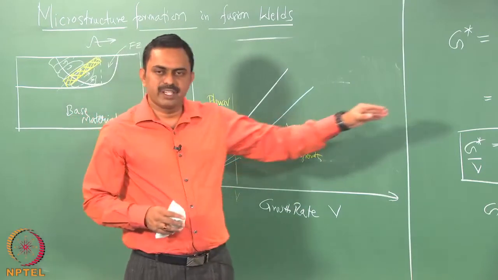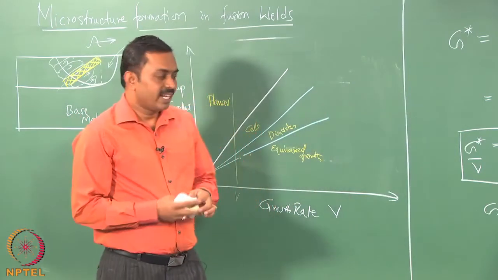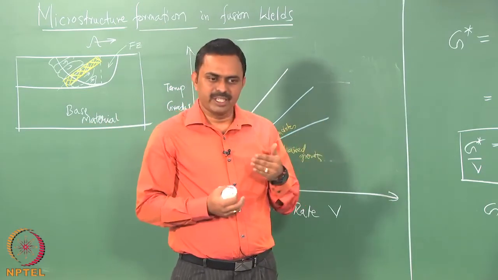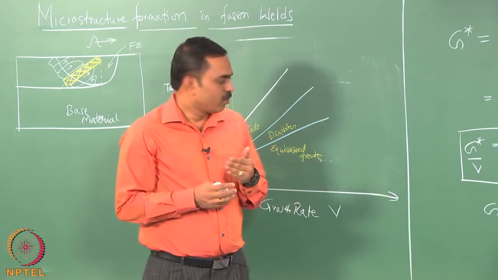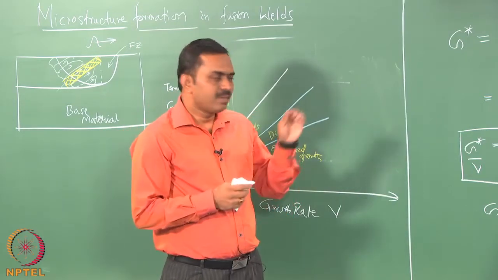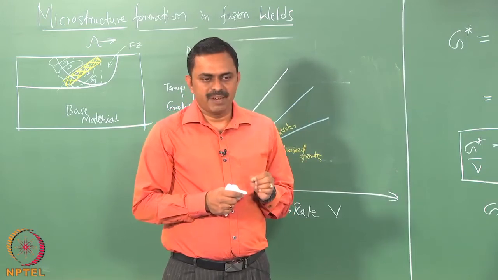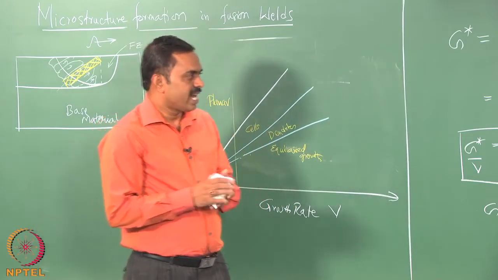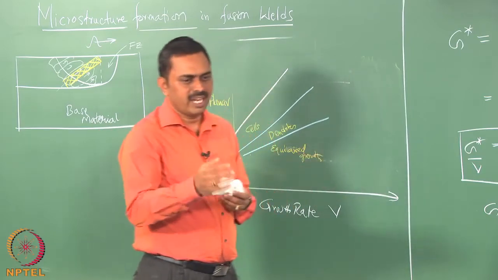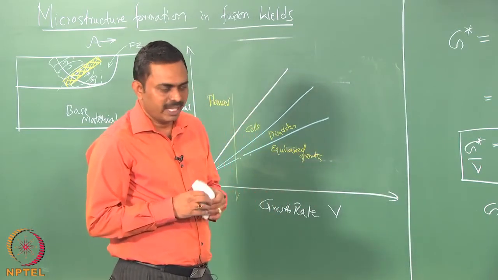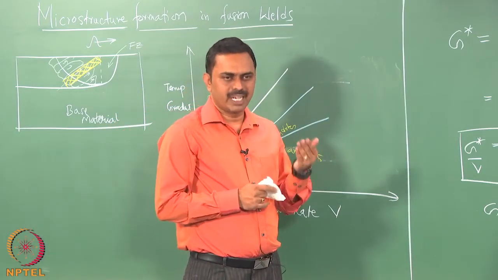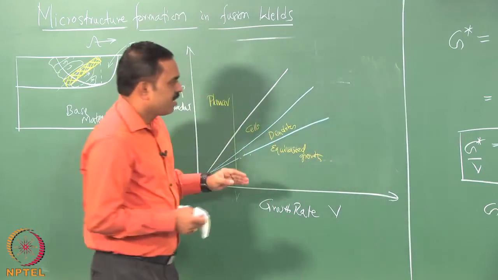What happens as you keep increasing the velocity is that the amount of time available for any pattern formation at the solid liquid interface is limited, and as we go to higher and higher velocities, we reach those regimes where the perturbations are going to be very fine, and when the perturbations are fine, it means that the curvature effect is going to come in, and this curvature effect is shown in the slide as the curvature undercooling, which means that the melting point of the solid is going to come down because of the curvature effect. So, we have already seen that in this analysis,